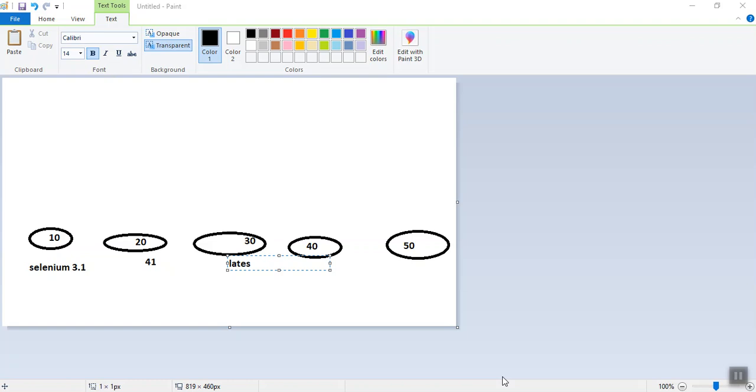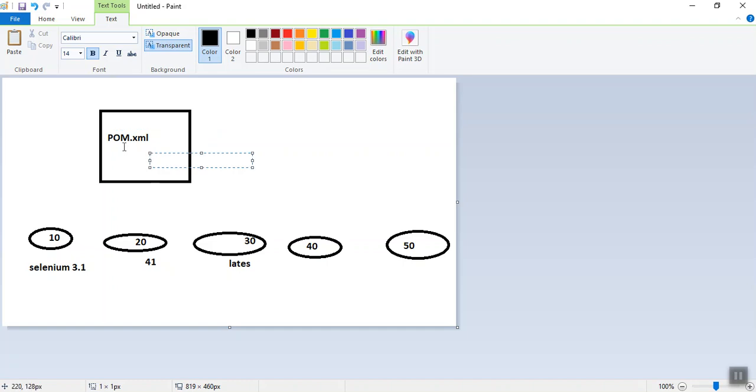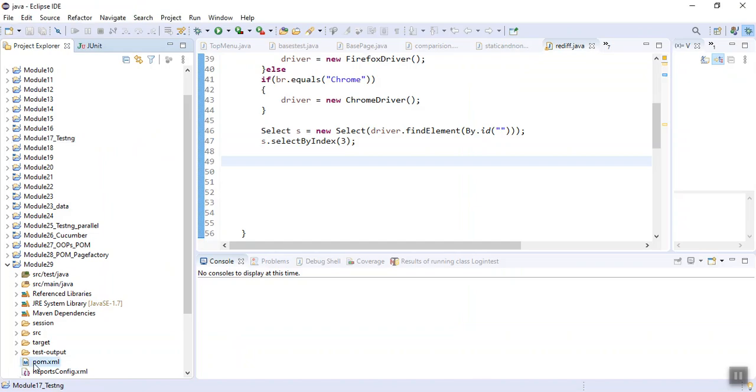So we need to ensure that each and every tester is using the same set of jar files. To do this, we have the concept of Maven. In Maven we have a file known as pom.xml, and pom.xml contains the detailed information about all the dependencies. See, this is one of my pom.xml files. Let me open it.